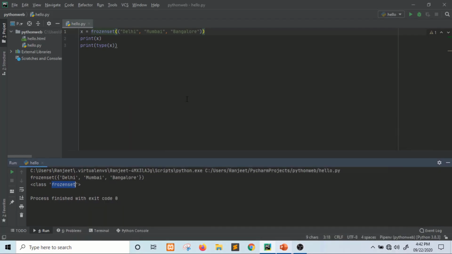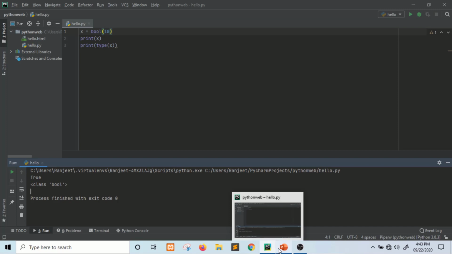Suppose you take the value x, bool. So it is true because 10 is the value. So it is showing true. What kind of data type? Boolean data type.